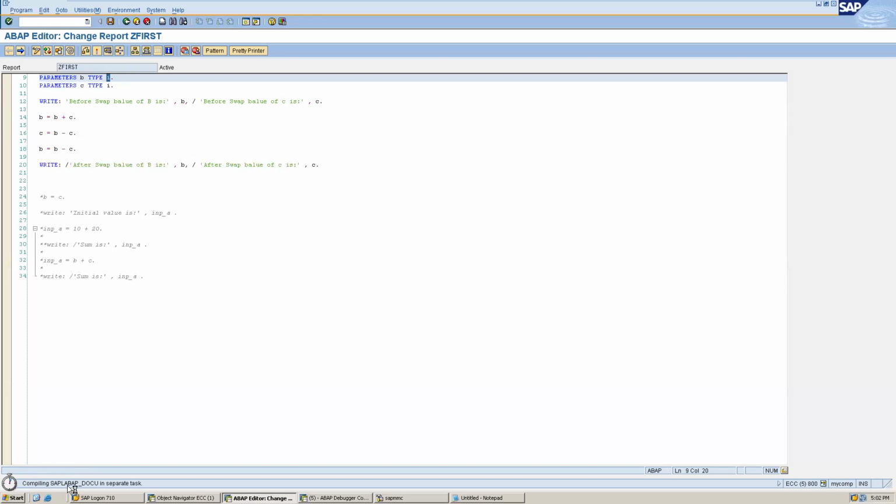Actually it is taking time because this is a very recently installed system. Generally it won't take time; it comes within seconds. So you can see the documentation. SAP has created very nice documentation for each and everything. It is compiling the program first, then it will display.